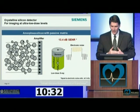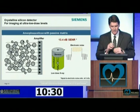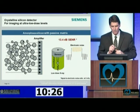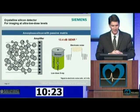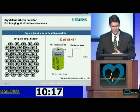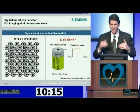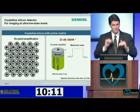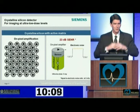In order to compare the two technologies, we look at the distinction between the electronic noise and the valuable signal. If you look at the amorphous silicon detector, this is a 13.4 decibel difference. May not mean a whole lot, but I think when you see it in comparison to the crystalline silicon, which is a 23 decibel. So essentially the noise component in the image is much lower, which really allows you to